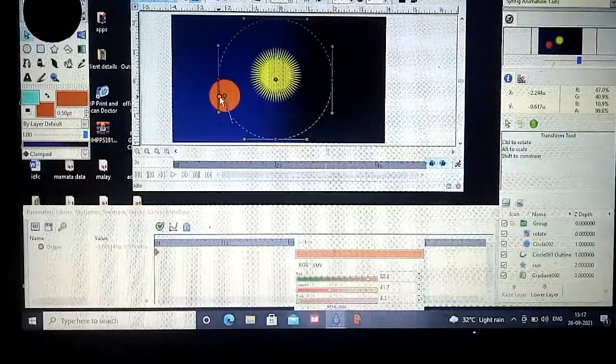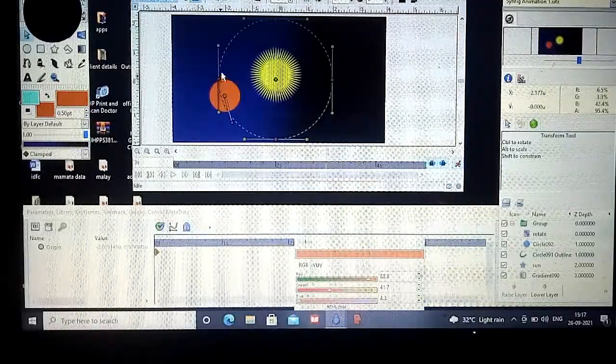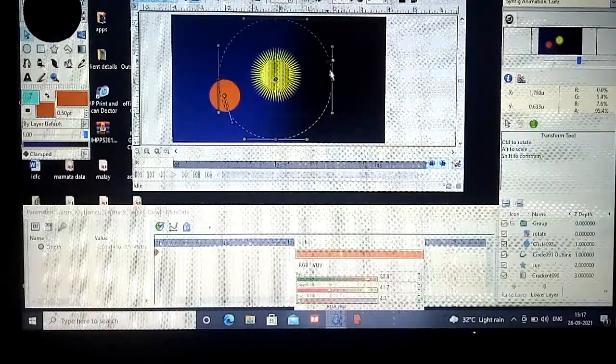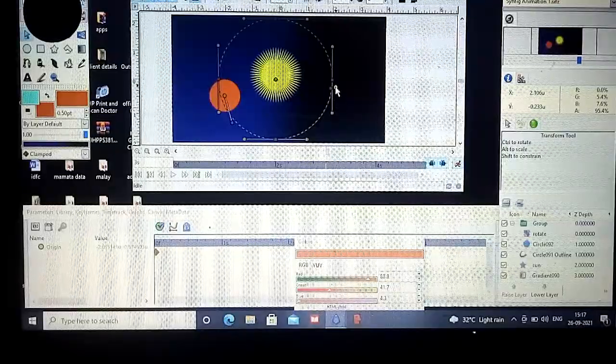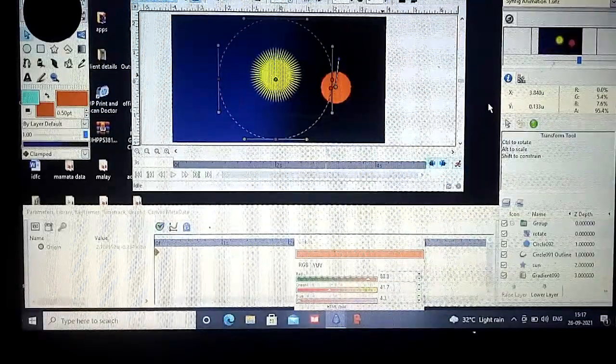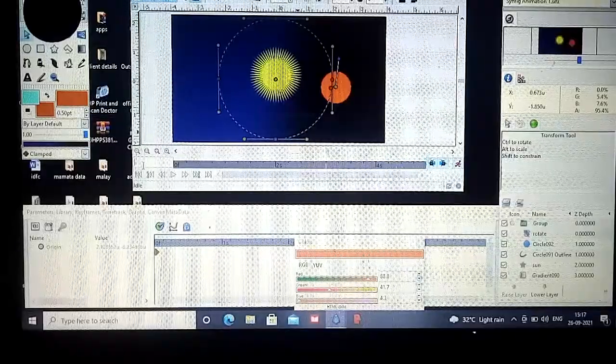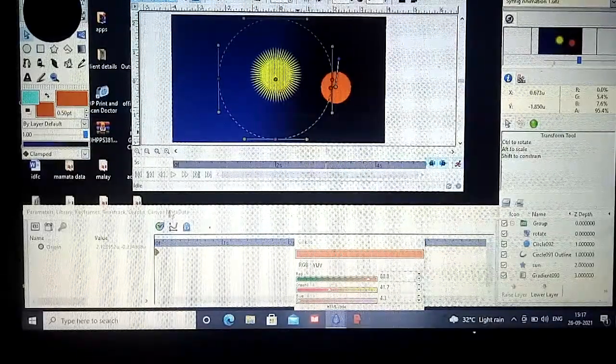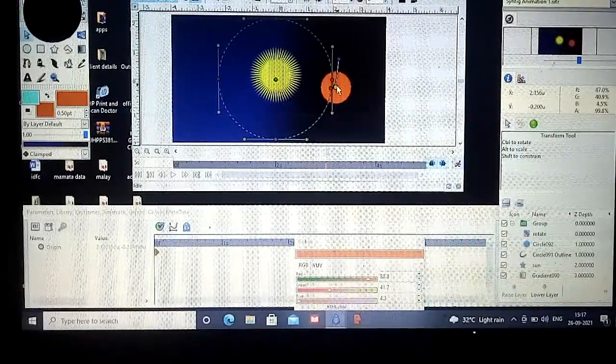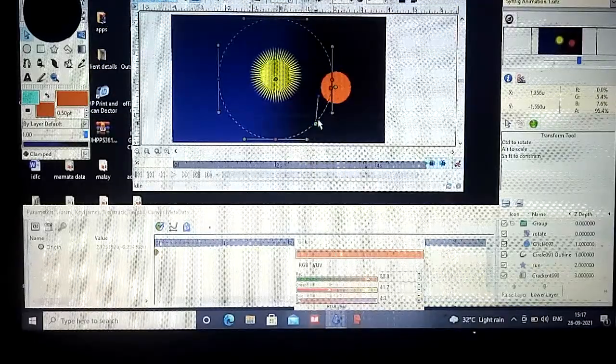I'm so sorry, just the green duck should be only moved. Yeah, see. Okay, for 3S I want the planet to be here. Then at 5S I want this again to be